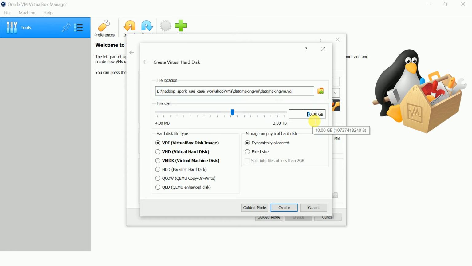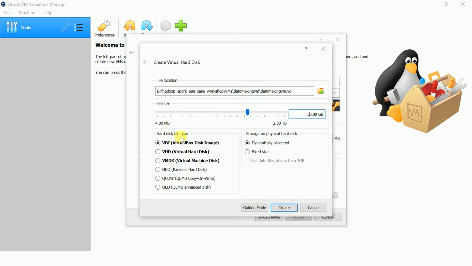I'll allocate 50 GB, because my free hard disk space is only 80 GB. You can allocate more, like 100 GB, because we are going to install a lot of components and work on it, and resizing is a little difficult in a VM once it is created.